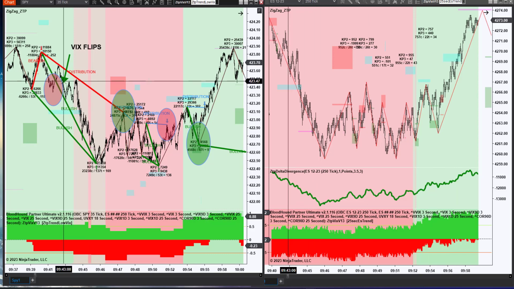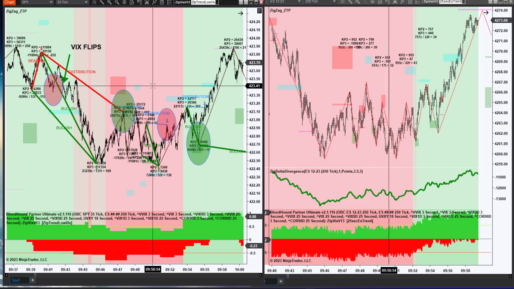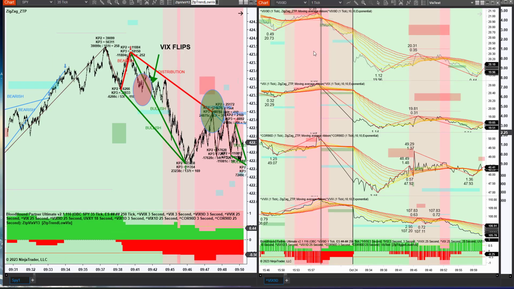I've noted right here that this is where the VIX flips, and the Bloodhound templates we're using are showing trend. As you can see, the chart on the right represents my real-time VIX templates. What the chart on the right is doing is picking up in real time 4 different symbols associated with the VIX. So where we see the VIX flipping right here, this is what we see on the VIX chart, where this symbol is representing puts being bought, the VIXs, and the volatility of the VIXs on the bottom